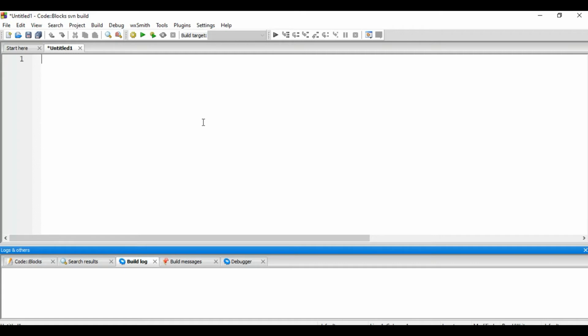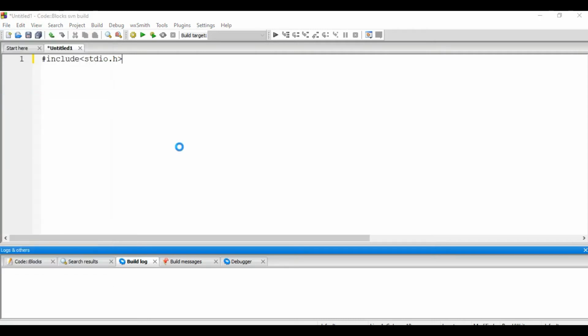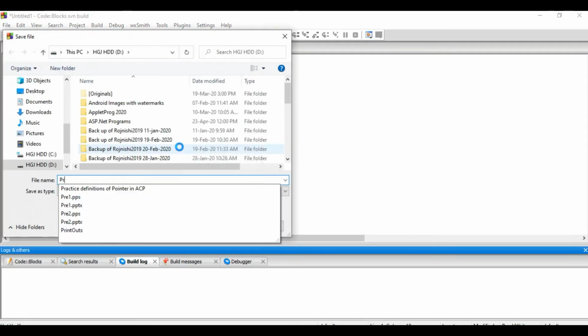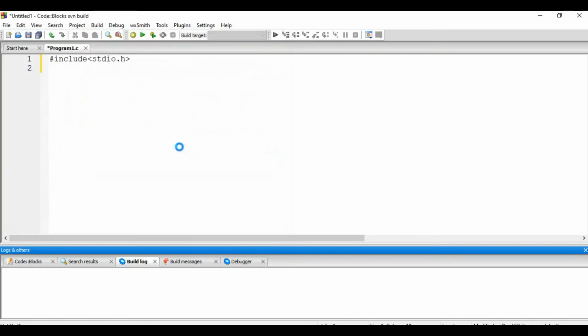First of all, include stdio.h. I am saving this file as program 1. Now we need to create the structure. Syntax was struct is the keyword, so I will use struct.